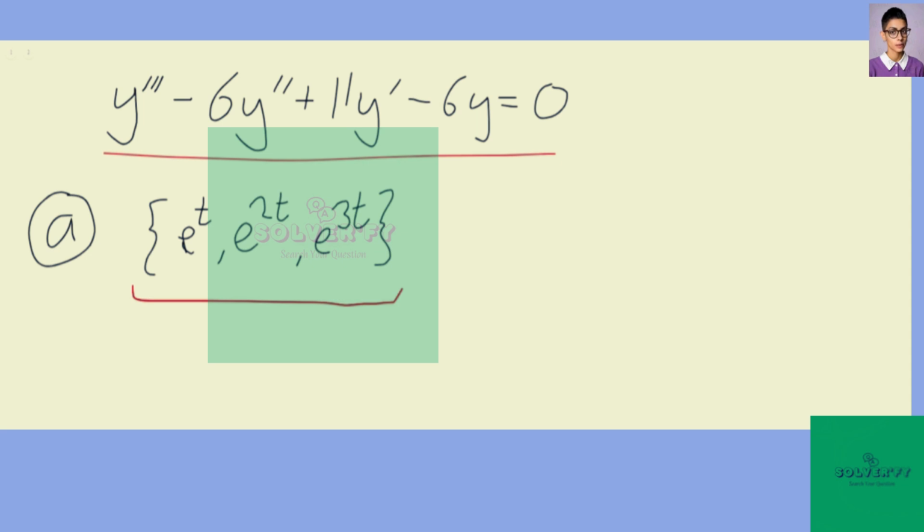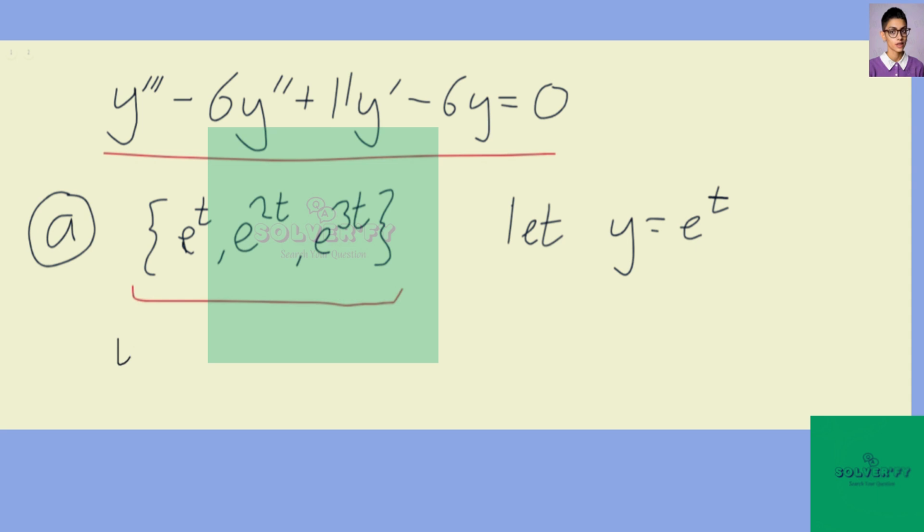Okay, so to show that, we need to show that each of the elements of the set is a solution to the differential equation. Then we also need to show that the set is linearly independent. Okay, so first to show that they are solutions, let's start with e to the t. So to show that that is a solution, let's let y equal e to the t. And then all of the derivatives of e to the t are just itself, because e to the t just